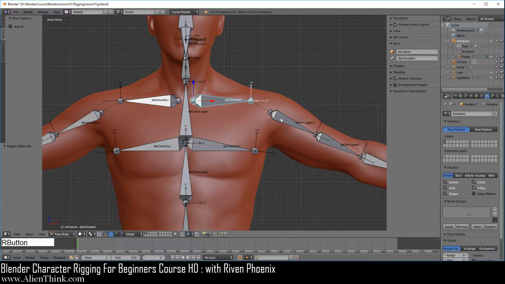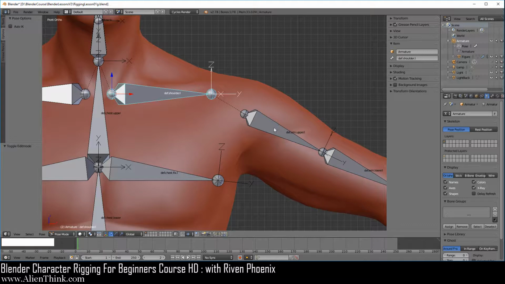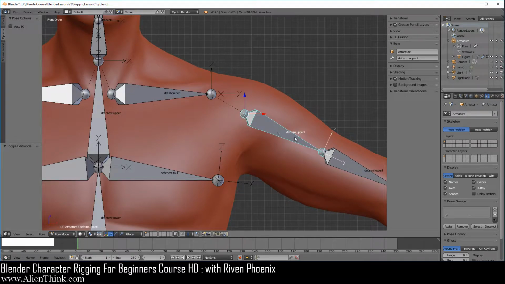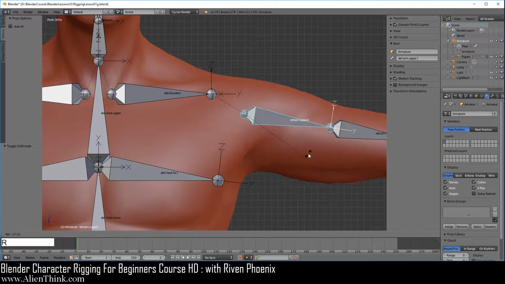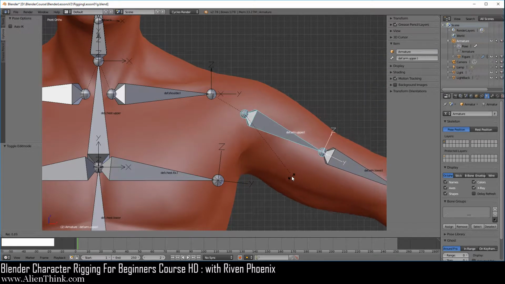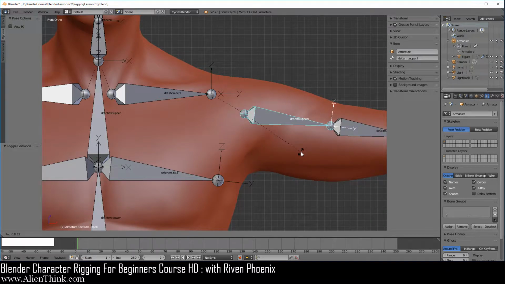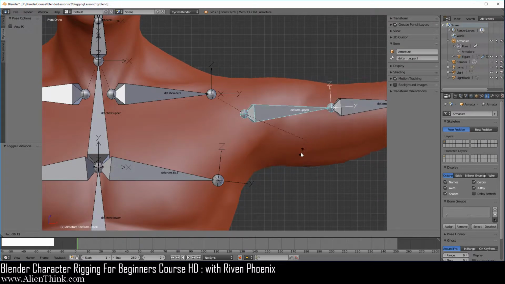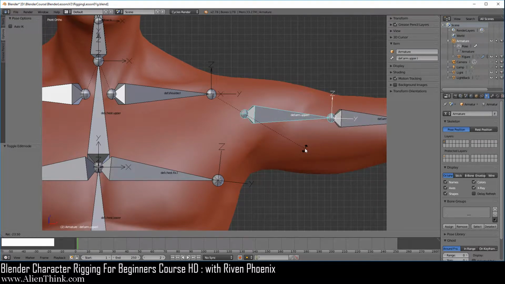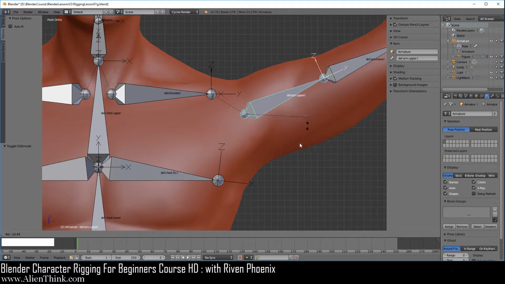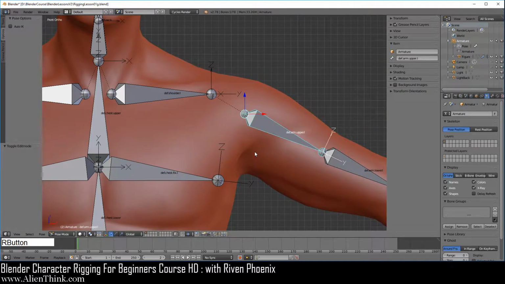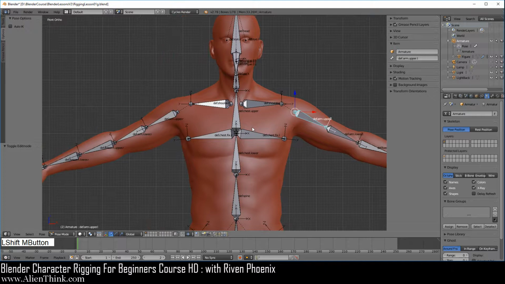What's the most important thing to see here is that remember when we assigned the vertices manually to the dev arm bone and when we pressed the R key to rotate, the vertices were keeping the same exact distance. But this time when we rotate, you can see that the vertices are being manipulated by multiple bones, meaning that the bones are fighting for the influence on these individual vertices. So this time the vertices are not keeping the exact distance from the dev arm bone. And this is what's giving us these nice deforms over here. Right click to cancel that. Just zoom out, shift middle mouse button over here.